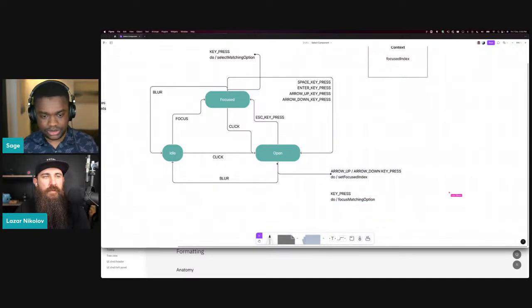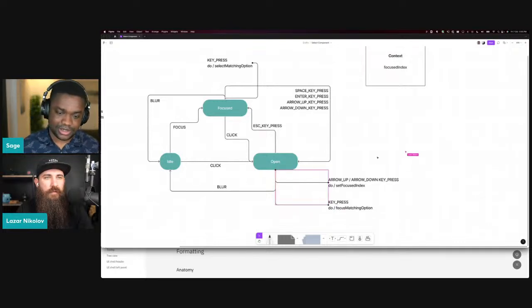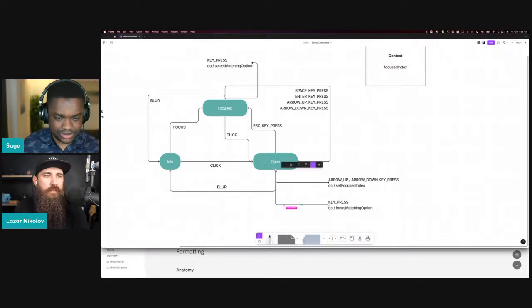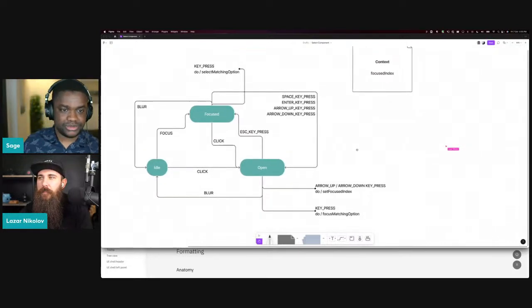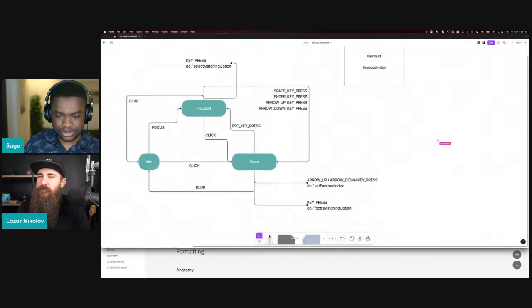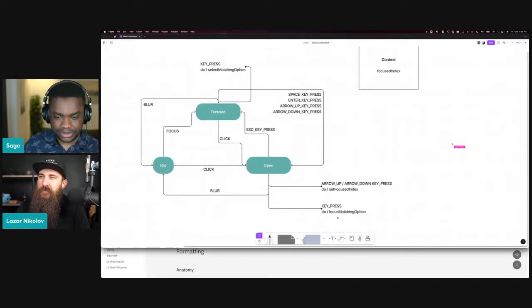If you can help us draw an arrow from the open state here as well, just to show that it's not exactly a state transition. It's a little bit weird to see this dot here, though. Yeah, it's left over. There we go, nice. So here we've got key press, arrow keys while I'm open, and then while I'm navigating through,